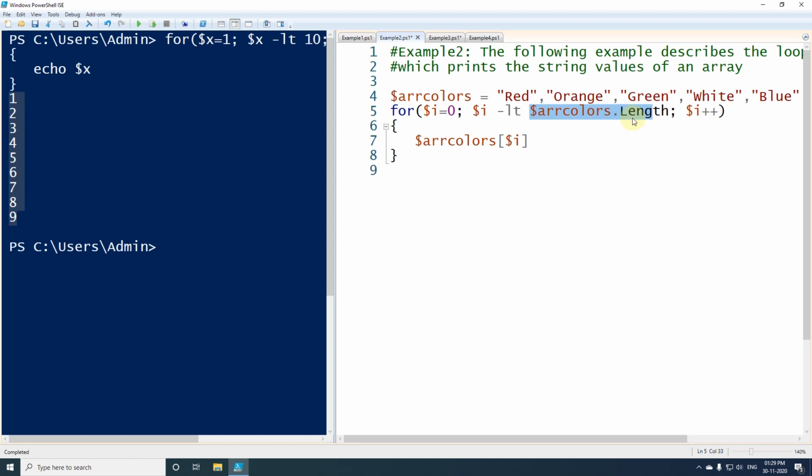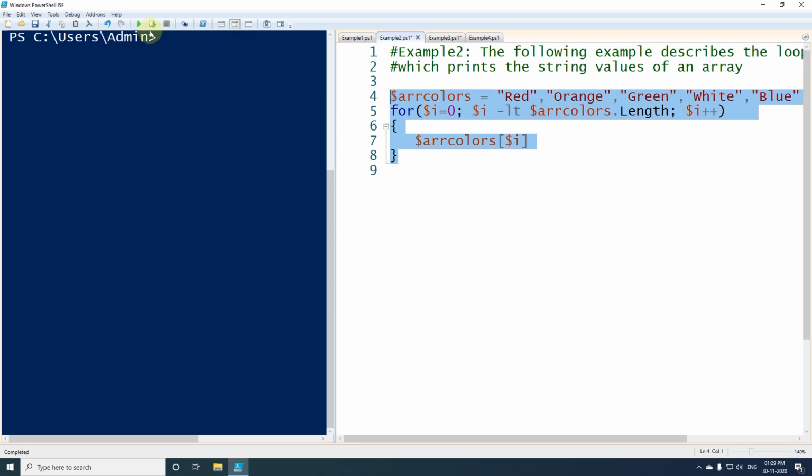And whenever the loop repeats, we are incrementing the index by 1. And in the code expression, we are printing the array element with the particular index number.